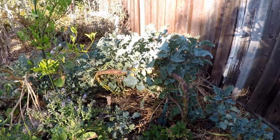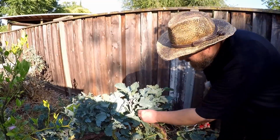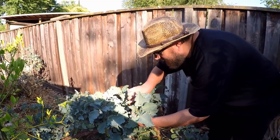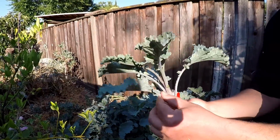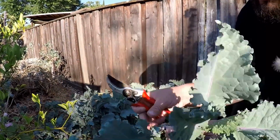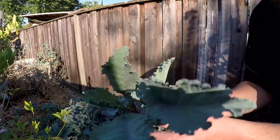But if you want to start to take some cuttings off of your plants and produce exact clones of the mother plant that you're growing, all you're going to do is go to one of these new plants that's growing and cut where you've got at least 5 or 6 new leaves starting to form, because in the crook of each one of those leaves is a node. And I'll just pull a couple of these off so you can see where a new branch is going to start to form there. So you can just pluck off those leaves